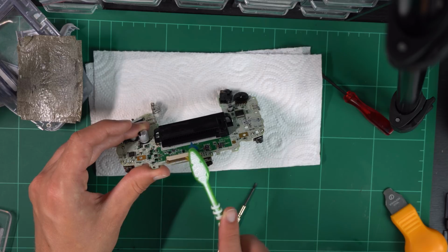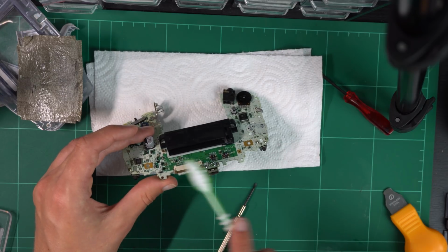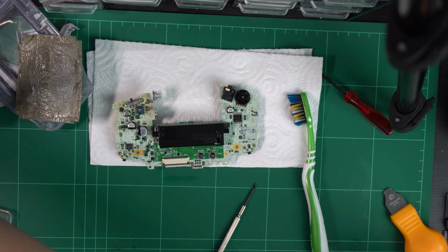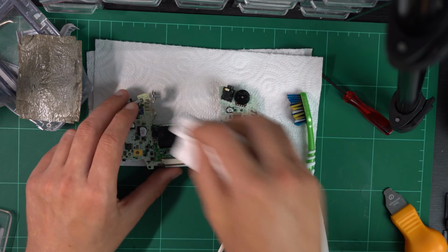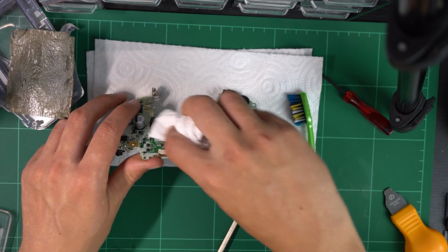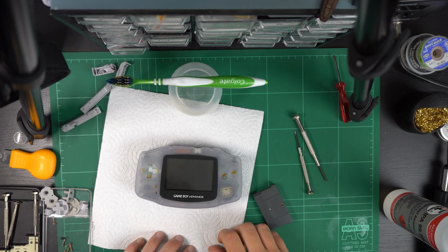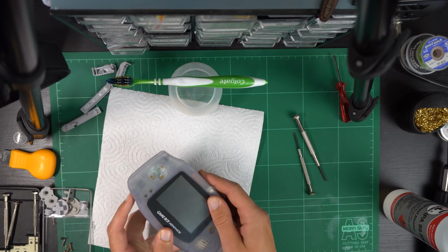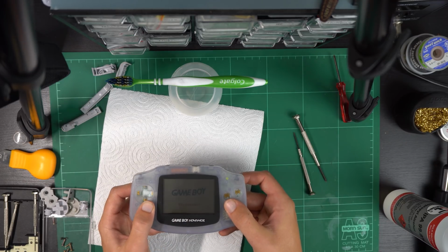Coming fresh and new the next day, I did ask around the internet a little bit, and someone suggested that I give the whole board a going over with vinegar as well. So I did exactly that. There wasn't too much corrosion on the board. I mean, I couldn't really see much, there was a little bit. However, after I finished doing that and I let it dry for a bit, I put it all back together,